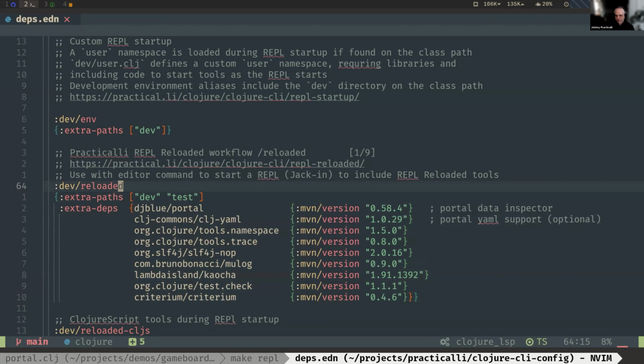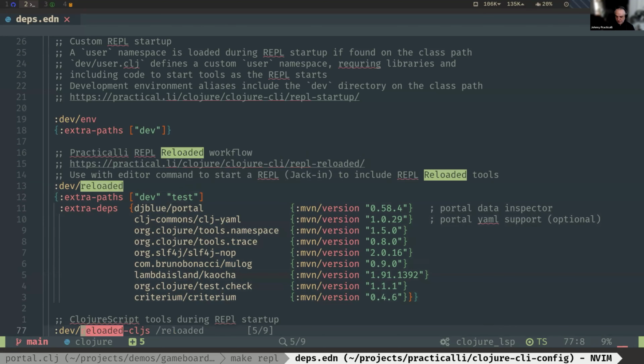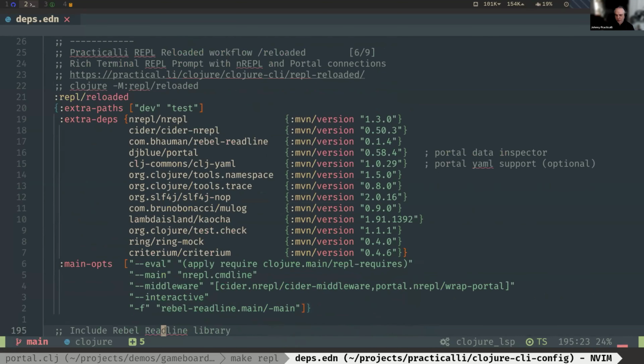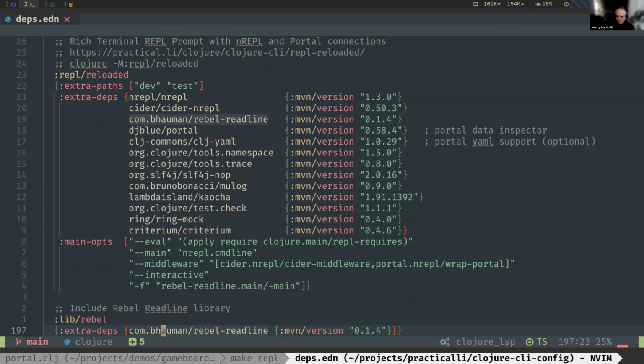So this is one I can use if I'm jacking in. And if I go and find the other one, this is a REPL reloaded one. This is the actual one I'm calling from the command line. And so I do have some extra bits in here. I throw in that I'm running Rebel in there as well, so I'll start Rebel up. But to get the portal working, I use this